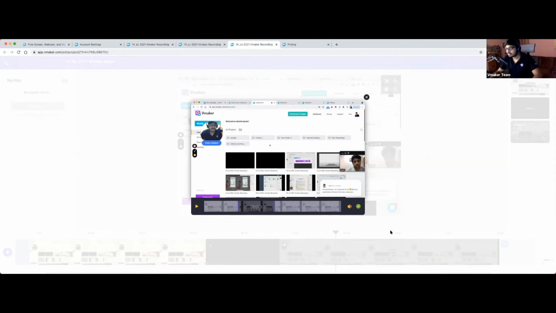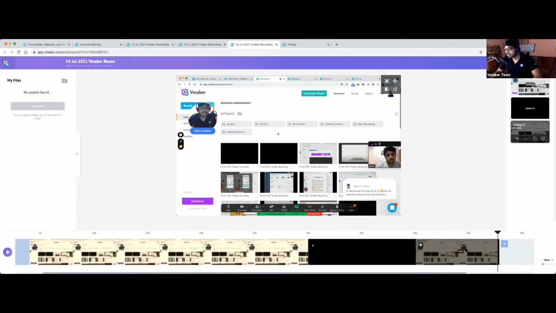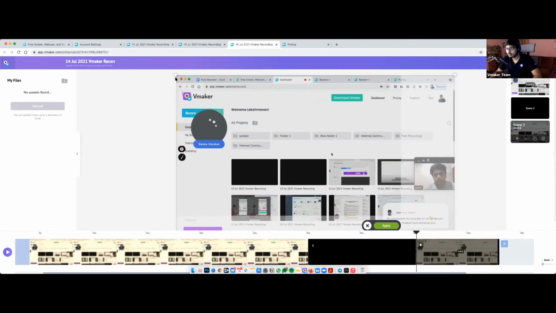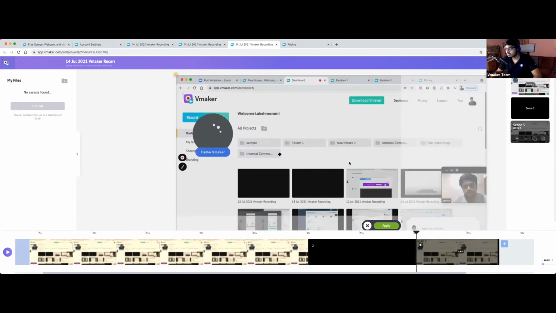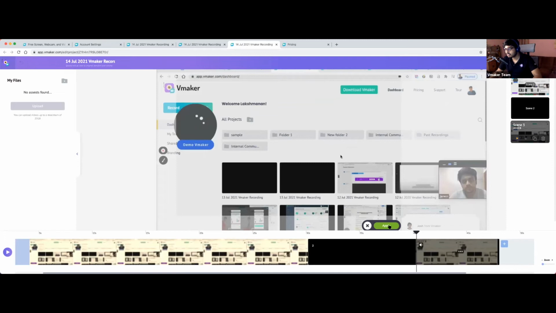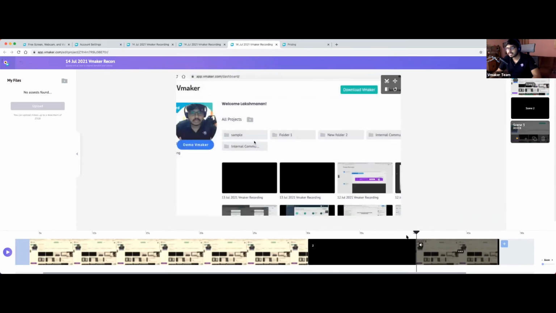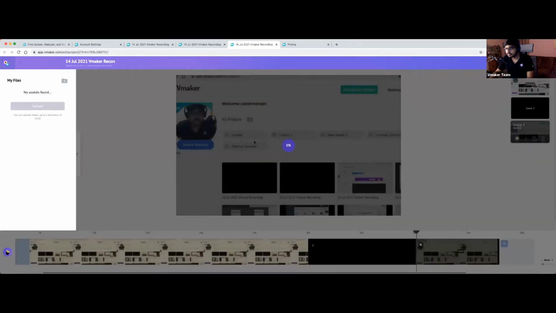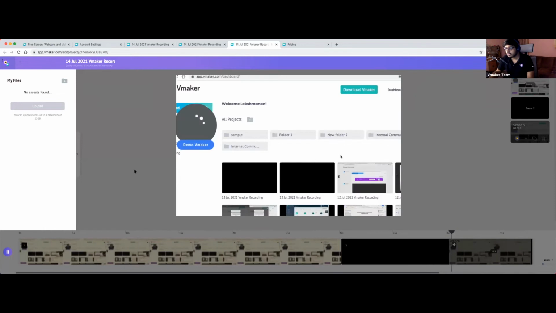So I'll just trim it, and then I would again select the scene, and let me just choose the resize option here, and I can simply drag the particular screen in order to show the focus on the area. So once I'm done, I'll just click on apply. So you can see that automatically the particular area where I try to play it is being highlighted.